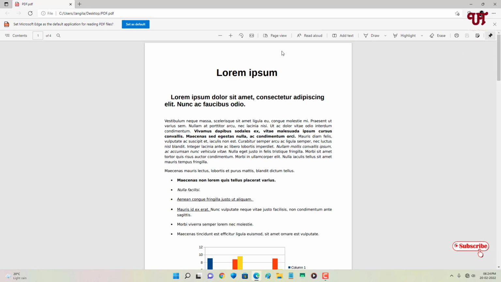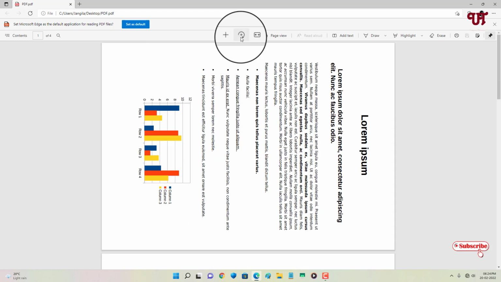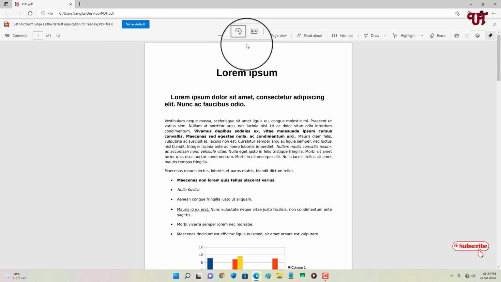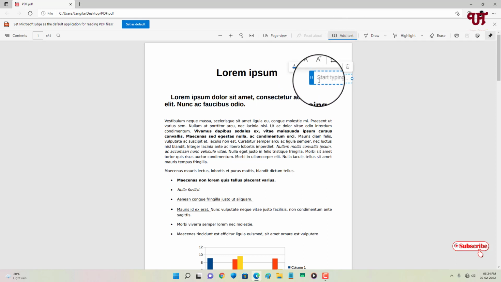On the above toolbar you can see a ton of options. Here the plus is zoom, and just near to it is rotate. You can rotate the PDF files, and you can see the option Add text. If you want to add text, you can just click on it and select a location where you want to add it, say, testing,